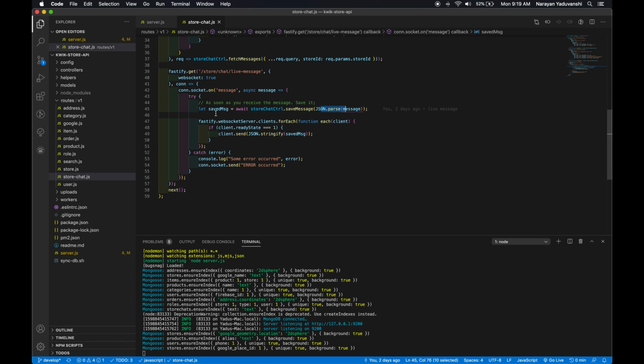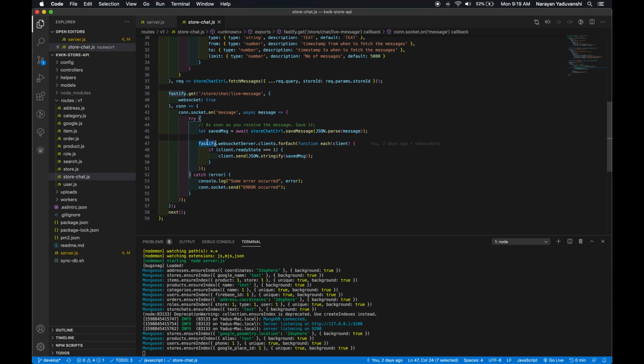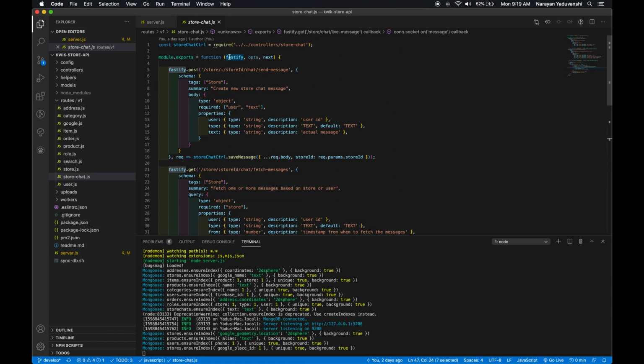Okay, once the message is saved, what we want to do is, as I said, we are doing client tracking, value is true. So in the Fastify WebSocket, how do we get Fastify? Fastify is available from the top to us.